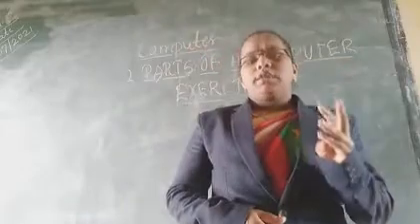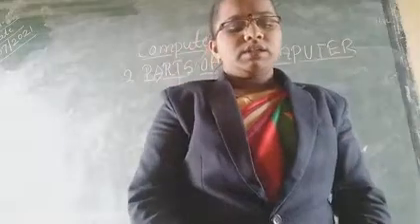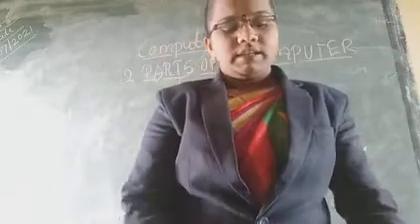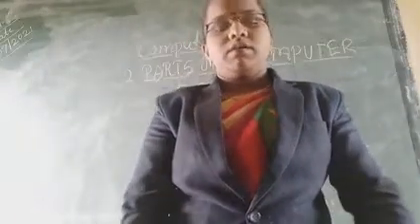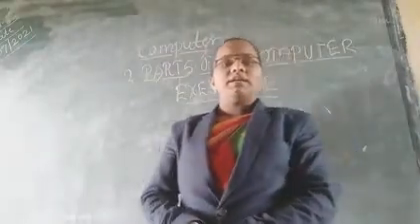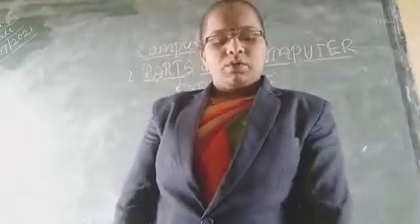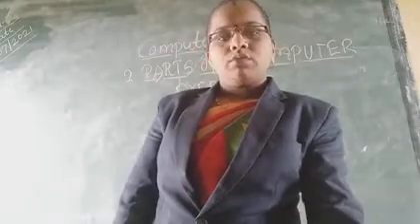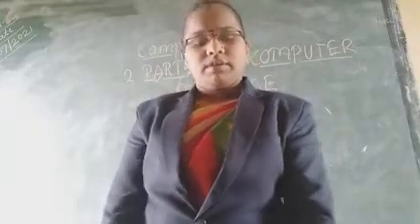Then the monitor. This is a picture of the monitor, and you know that the monitor always looks like a TV, like a screen. And then a printer. This is a picture of a printer. In a printer we always print out papers, and it always gives the output, meaning the monitor and printer are the output devices. Monitor and printer are the output devices, but the mouse, keyboard and CPU box are the input devices.